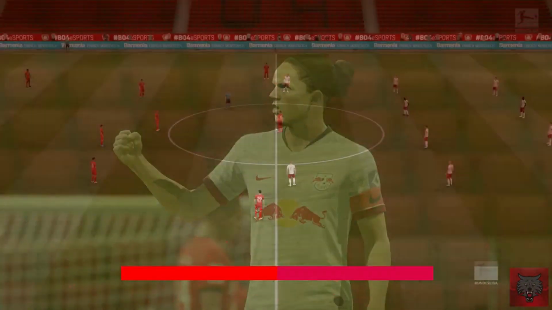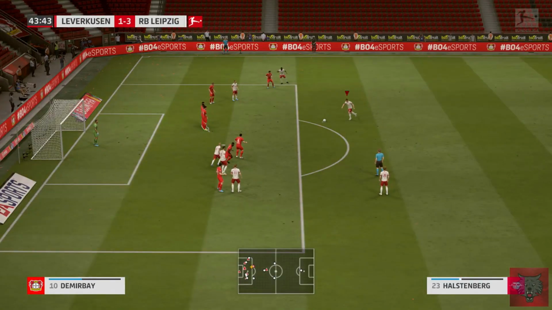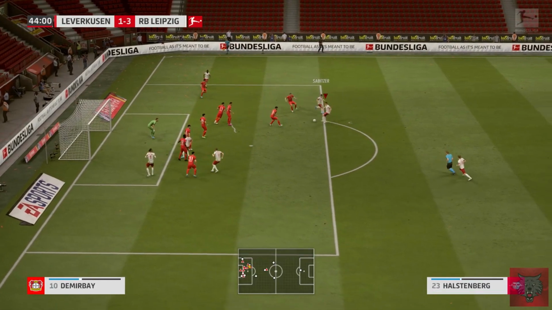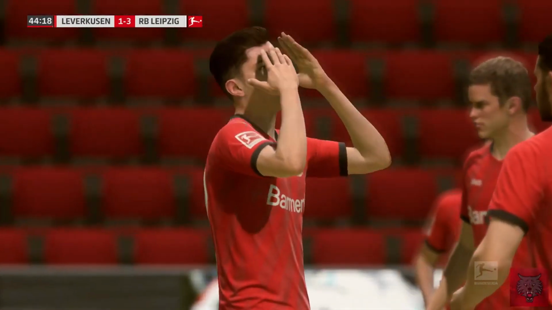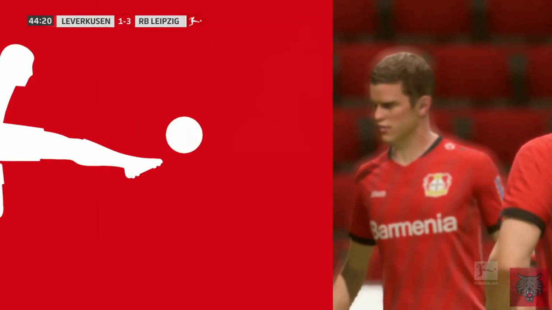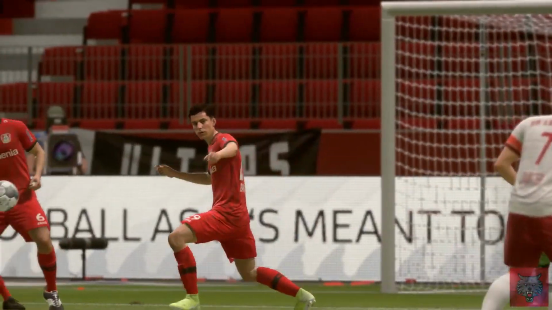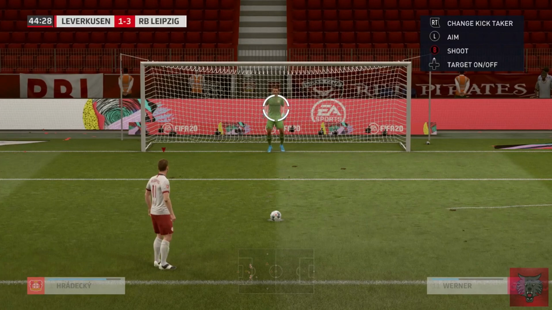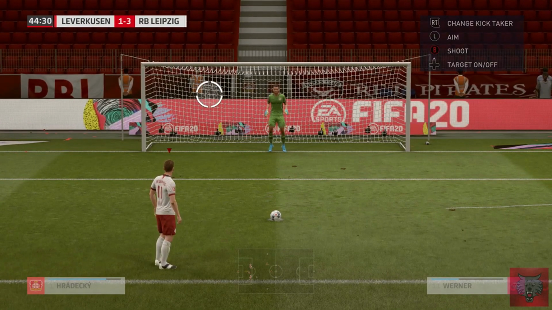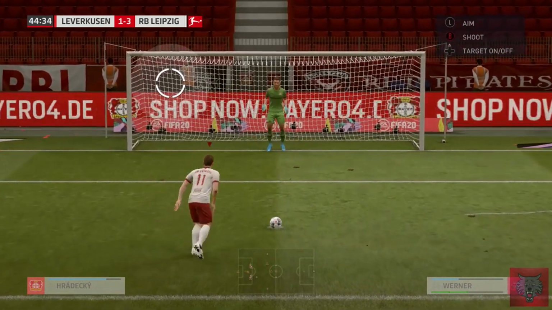Come on. 20 yards out now. Holstenberg plays it short. Back to Holstenberg. And it's a penalty on Kai Havertz, the German international. What? Oh, it's a handball. Okay. Timo, the designated penalty kick taker, steps up, even though I fluffed up the free kick for all intents and purposes, but